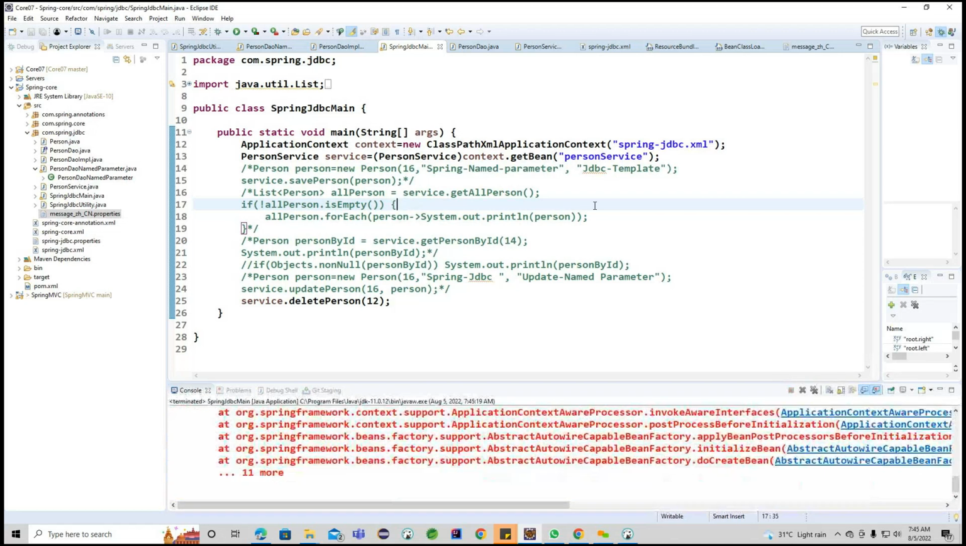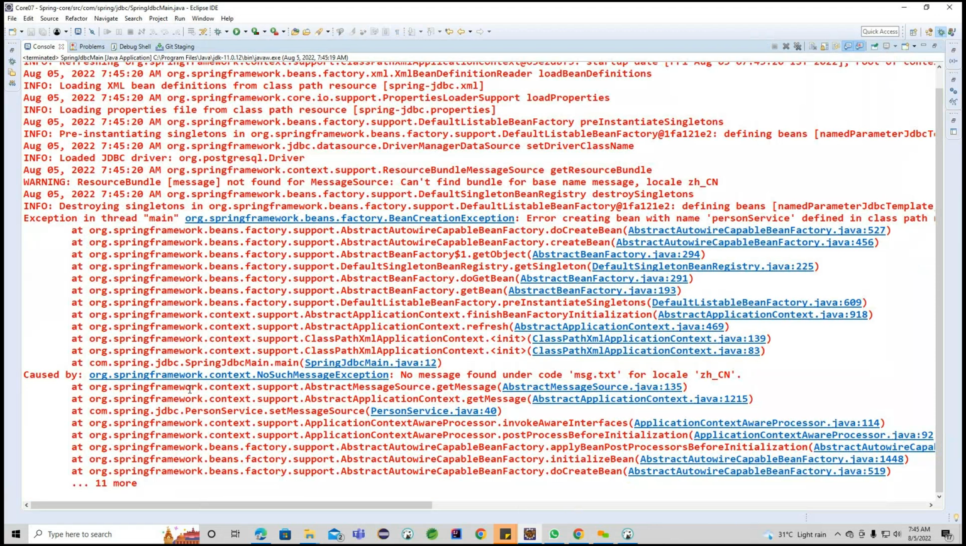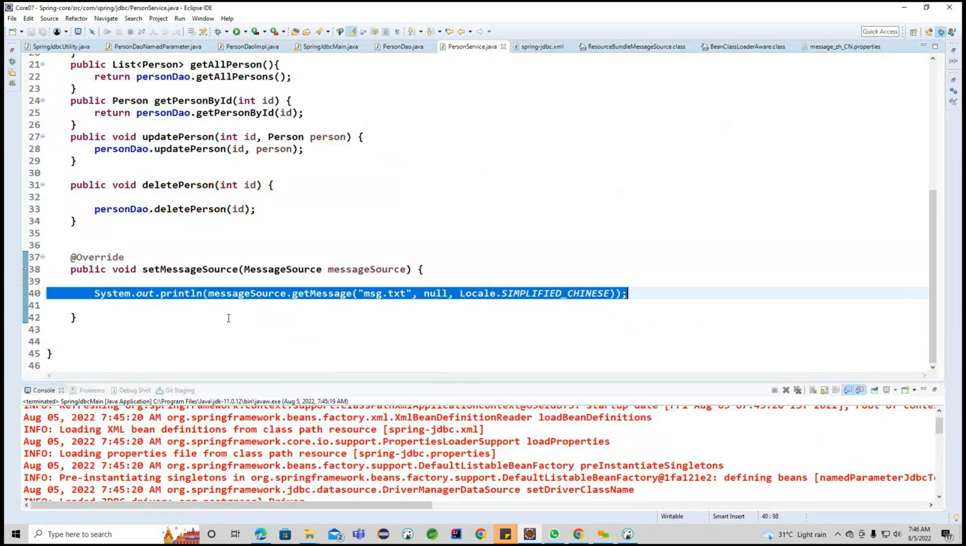So the message is already available. Oh no, still no message is available. Why is it not loading the file? Basically it is available. No such message. Person service we are calling, get message, and we are trying to load abstract application context. Okay, we'll put a breakpoint here. We'll see what is happening internally. Maybe